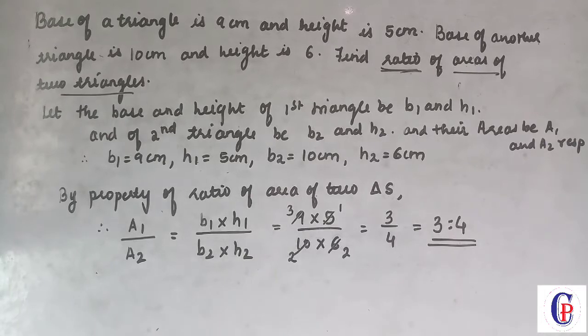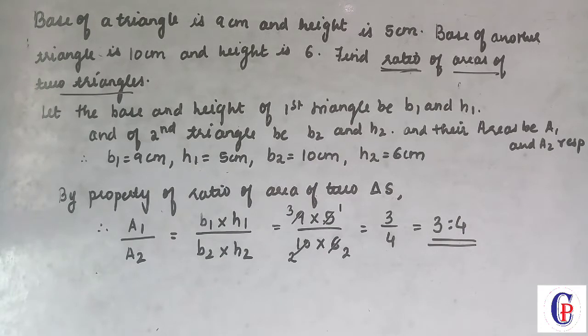So in Maths 2, that is in the geometry part, make sure you know all the theorems and properties, because once you know them you can solve any sum. Even if there is a twist in the question, you can easily attempt it if you know the theorem and property. So we will see one more sum now.